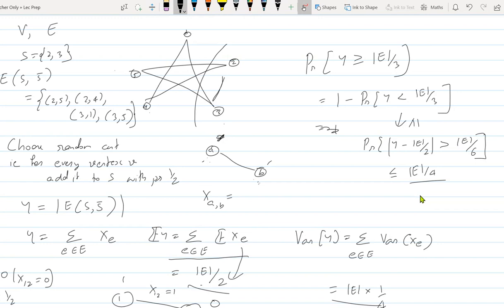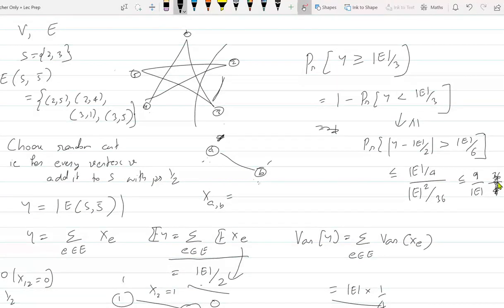I don't think this will give you a nice number. So simply Chebyshev did not work. The variance is E by 4, so variance divided by a squared, and a squared is, yes, divided by 36. So this is going to be upper bounded by 1 by size of E into 36 by 4, and 36 by 4 is basically 9. Is that fine?